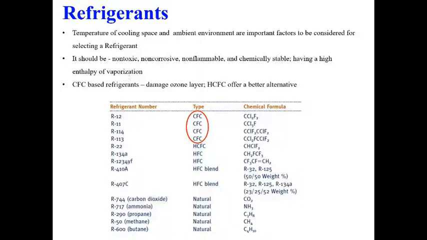Now one major environmental concern from refrigerant is coming from CFC based refrigerants. So what happens is that initially we used a lot of these CFC based refrigerants, but later it was found that these are basically responsible for damage in the ozone layer. So now these CFC or chlorofluorohydrocarbon based refrigerants are getting replaced by other modern refrigerants, and particularly HCFC, where we have one additional hydrogen replacing halogens, which are a better alternative.